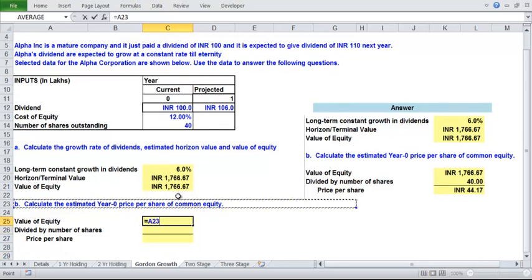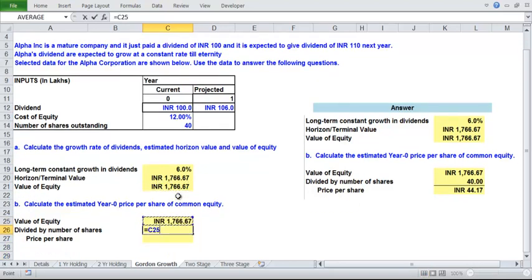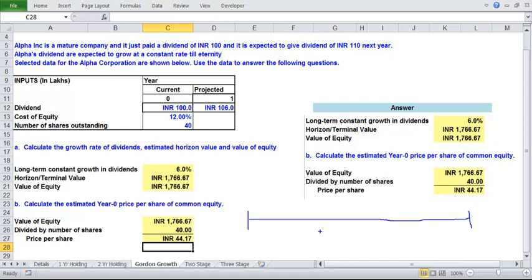Now we have to compute the per share value. We know the number of shares is 40, so the value of the company per share will be 44. In this way you can understand the timeline of the company. You have D0 here and it is all growing at a constant rate of g. We have to find out the value here, which comes to 44.17 per share, and this is the terminal value. Note that when we do the two-stage model, you will have more clarity. Let's see the two-stage model.